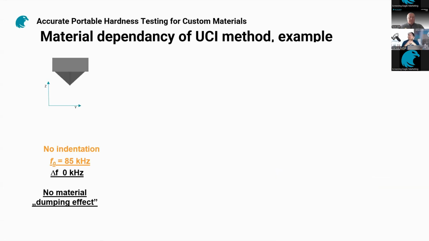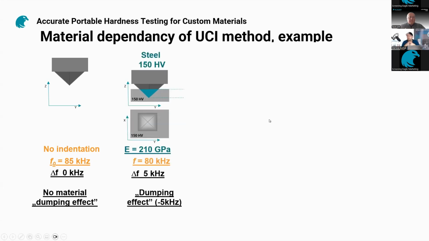Let's have a look a little bit deeper at what Tom already highlighted with the principle behind ultrasonic contact impedance, which is namely frequency shift. So here what you see is a resonator, which resonates in the air with a default frequency. For the purpose of our webinar today, let's stick to 85 kilohertz, although different manufacturers have slightly different technologies. So at 85 kilohertz, the resonator vibrates, and obviously, as already mentioned, if you make an indentation, let it be